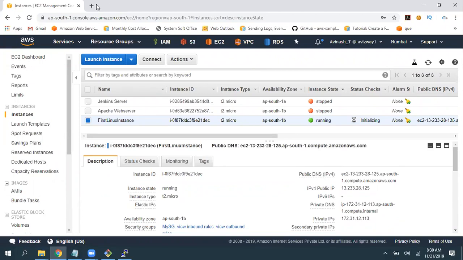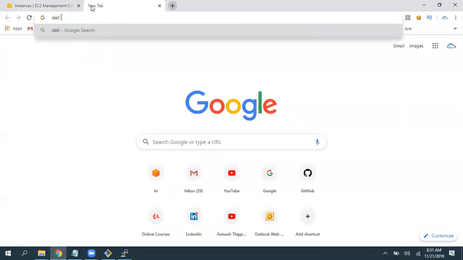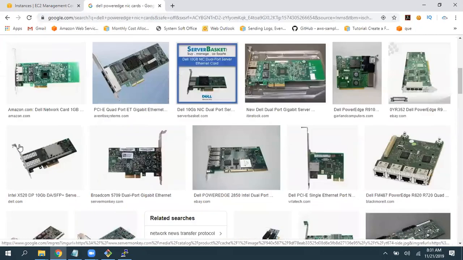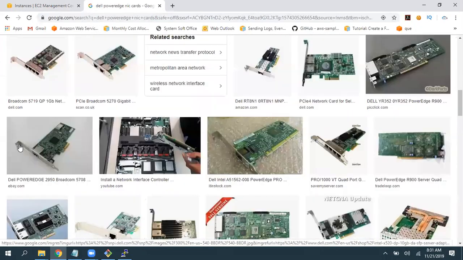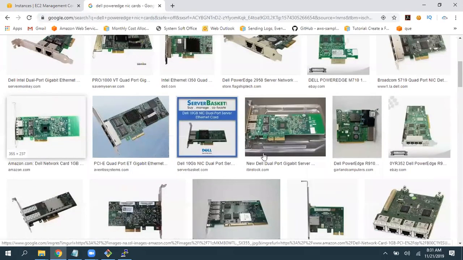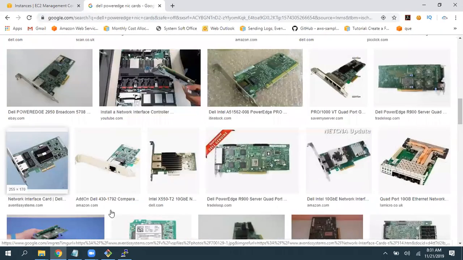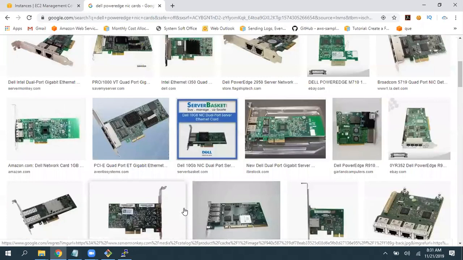So for example, whatever server you are going to take, can we find any images? Multiple NIC cards. So we are going to have multiple NIC cards for a server.